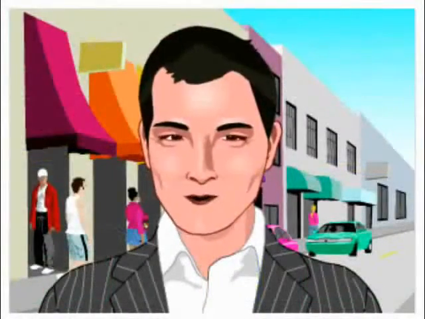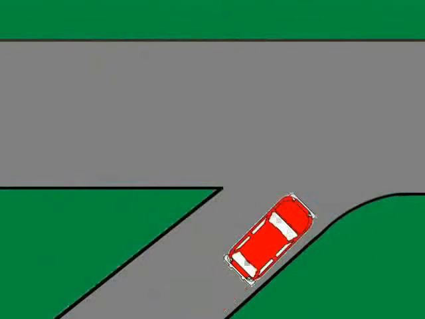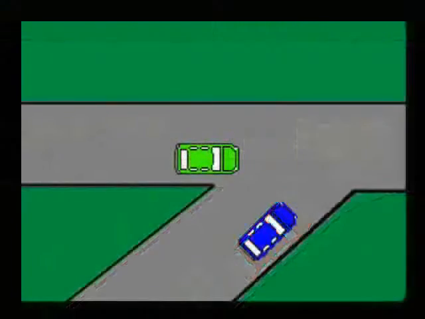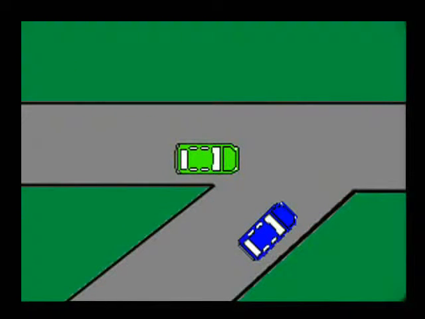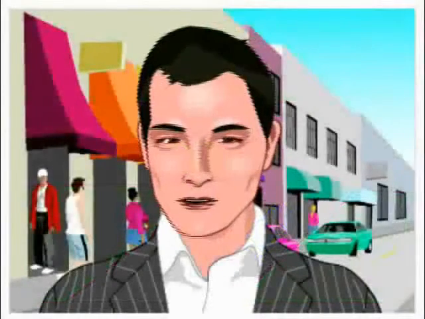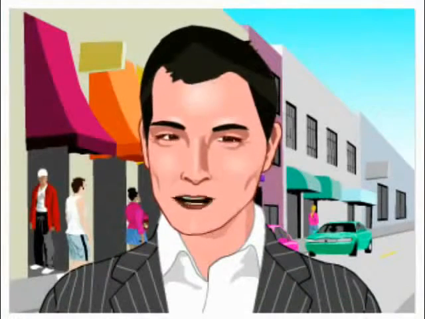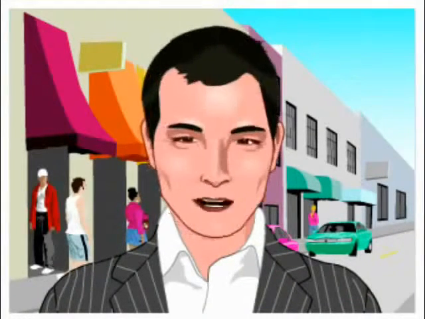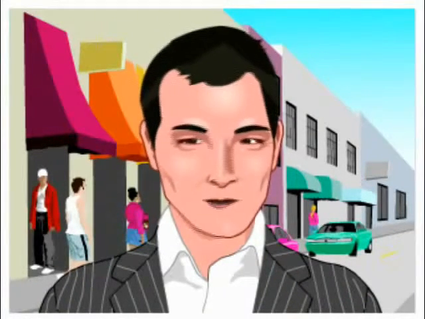Scenario 3 of 3. When entering a highway from any side road or driveway, you must always yield the right-of-way to the traffic on the main highway, as well as to pedestrians about to cross. On the highway where there is a passing lane, the traffic in the through lane has the right-of-way when both lanes are merged.